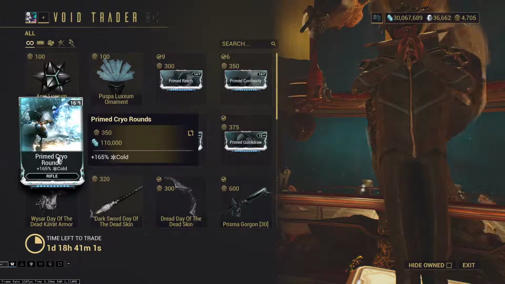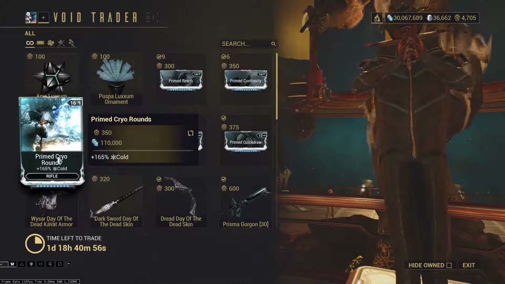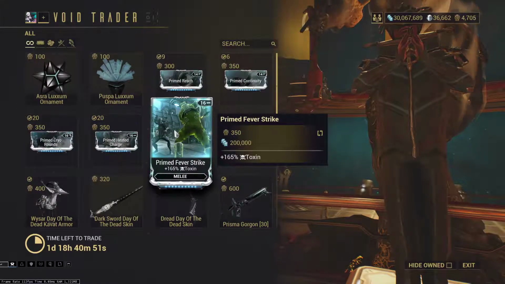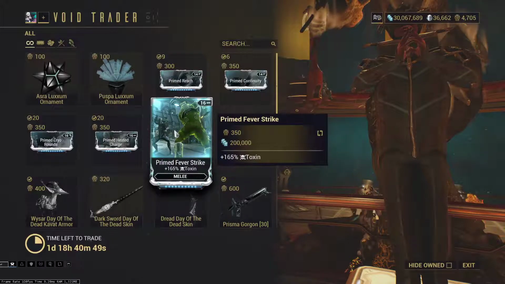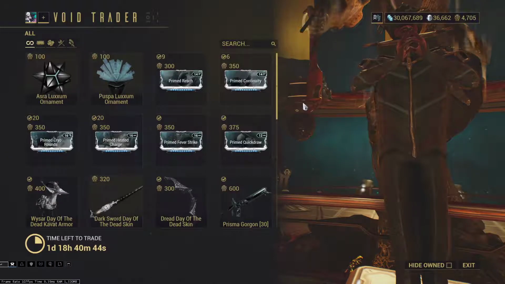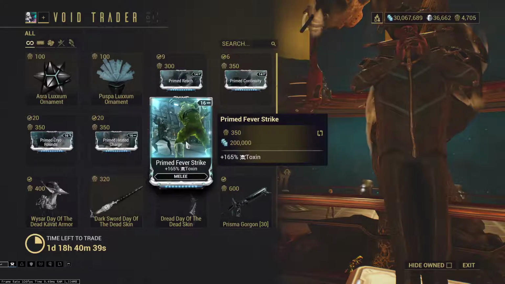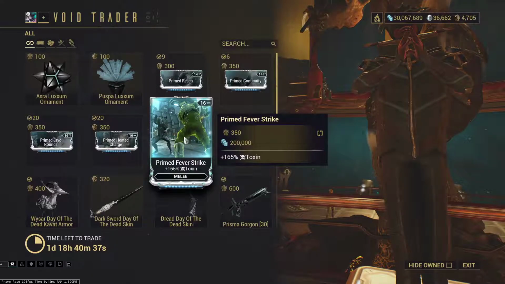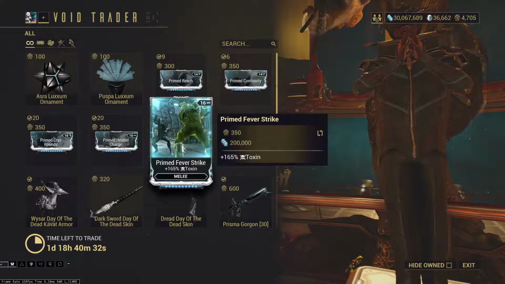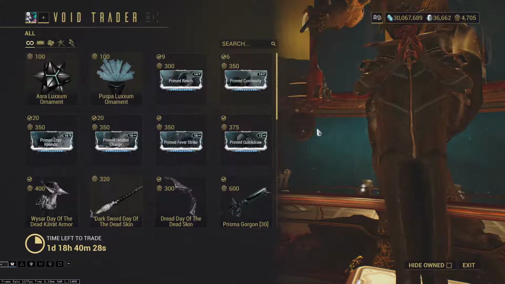These are pretty hard to sell. While Prime Cryo Rounds and Prime Heated Charge do gain a lot of value, they don't sell very quickly. And Prime Fever Strike usually comes along with, I want to say, the electric mod, so there's not a whole lot of these being resold, but as far as being a niche mod goes, it gets more value. In terms of whether or not you should buy these to use for yourself,